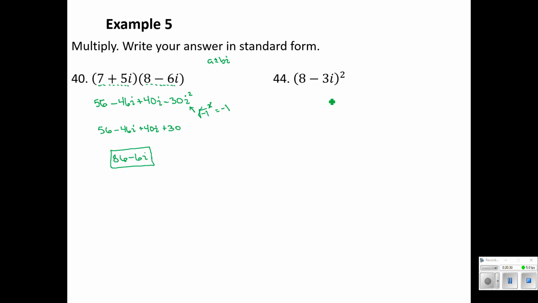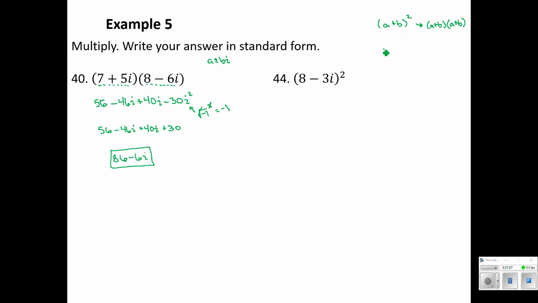Number 44, we may have talked about this in class, we may not have. One of my life hacks for math. There are so many times where you need to take what looks like a binomial, a simple expression like this, and square it. You probably learned something like this in 8th grade math class, but if we have something of this form and we are squaring it, again, what it's really representing is a plus b times itself. That's what squaring means.